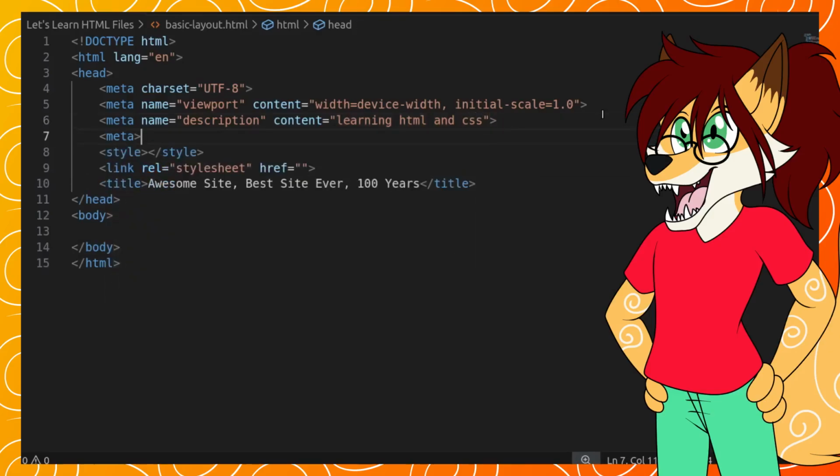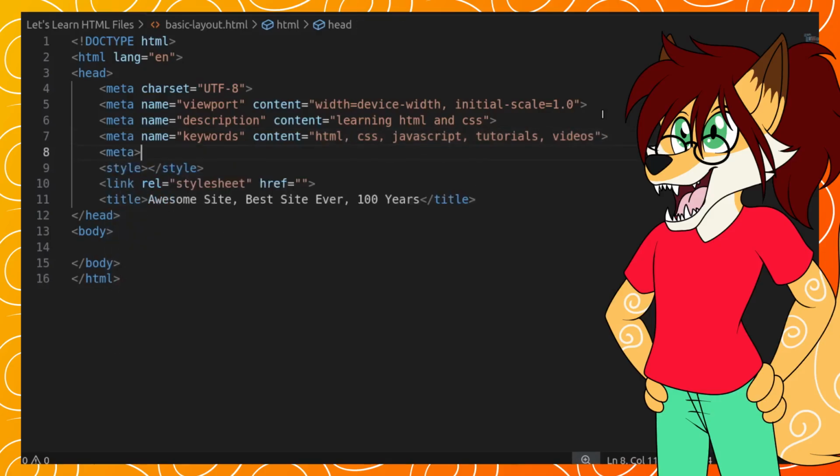Beyond that, the only other attribute that you'll want to use early on in learning how to build websites is the name attribute, which can be given a ton of values to specify, say, the author of the website, or keywords that you want search engines to use to find your site, or even how the web page should be displayed. The last one especially is important when you want your site to look good on mobile devices as well as desktops and laptops. We'll get a bit more into responsive design later on, as it can get a bit more complex,